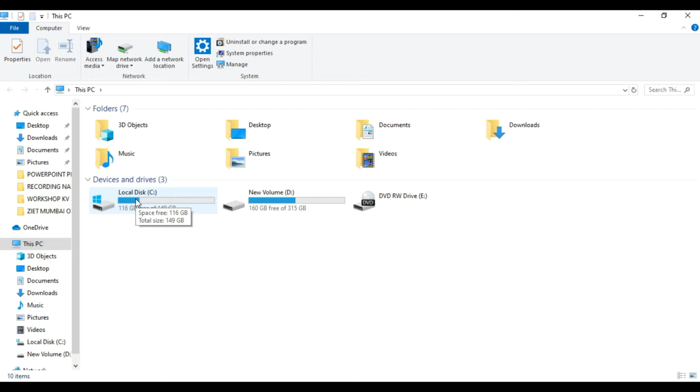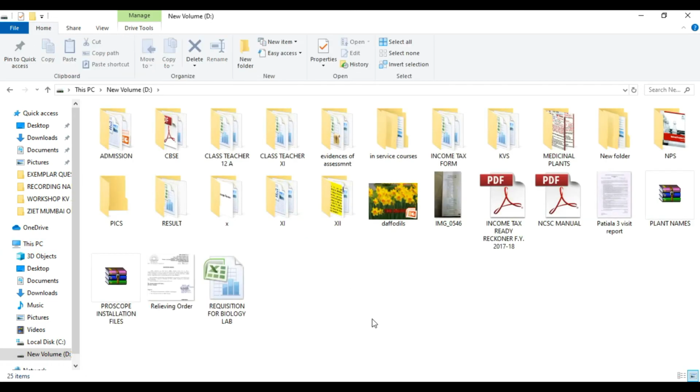Operating system files are saved in drive C. Whenever you are downloading new software, it will be loaded in drive C by default. So what you learned, that you should not save your work in desktop and in drive C. In some computers, recovery drive is there to recover the contents of the computer whenever it crashes. It should also not be used for your work. I will be using drive D to open a new folder. I'll be clicking drive D.